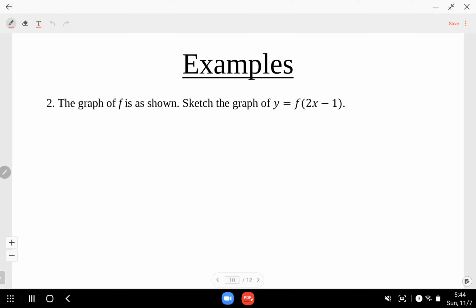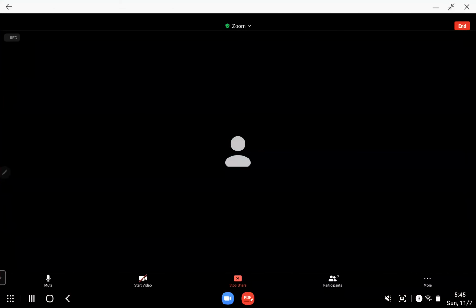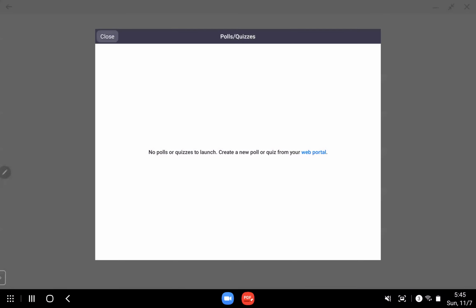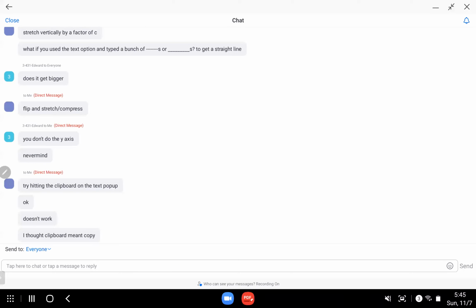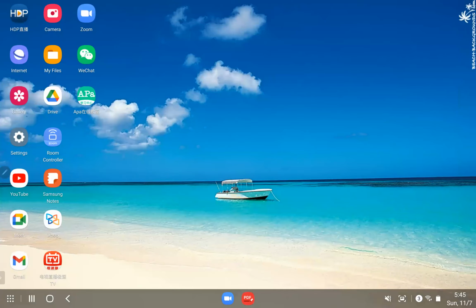So the domain of f of 2x minus 1 equals what? Can anybody tell me which inequality I should set up to find the domain? Anyone? Okay, so basically we're going to do,